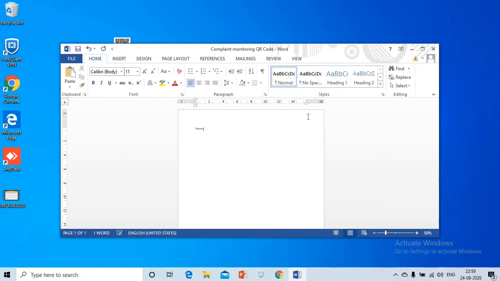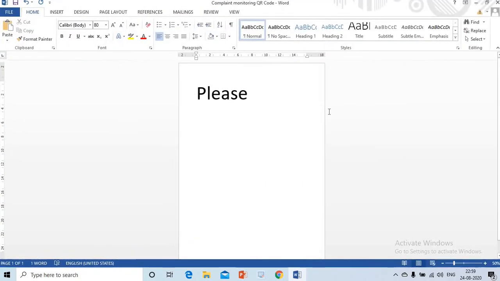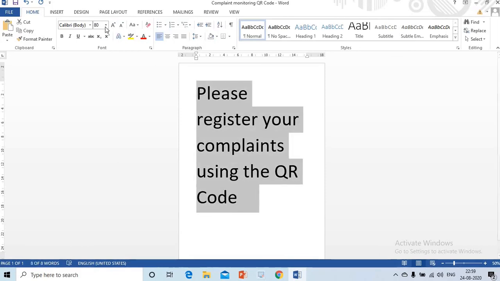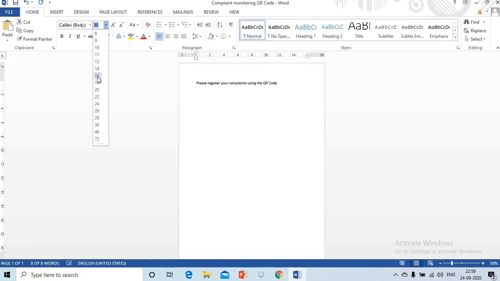I'm increasing the font so that it will be visible to everybody. I'm using font size 16.